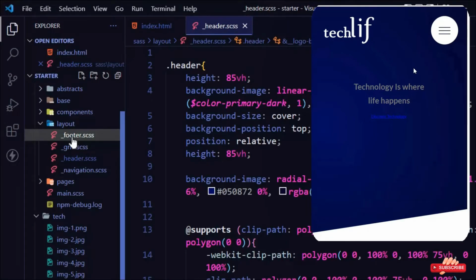Okay, technology is where life happens, and the reason why I'm not going to style this element in the header file is because we're going to use the same styling in multiple places. So it's a very good way to style this element in our typography section, because this section is totally related to typography. So I'm going to style it in typography. So let's come here